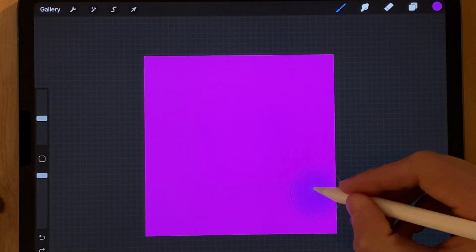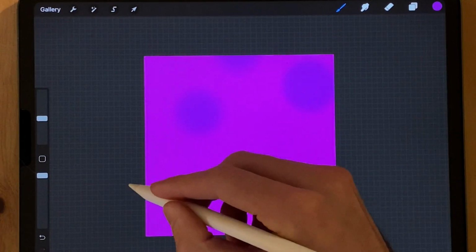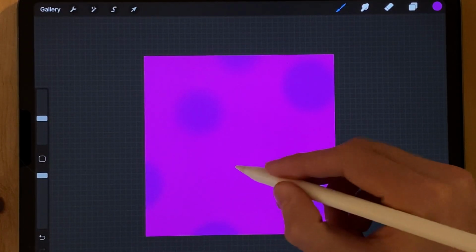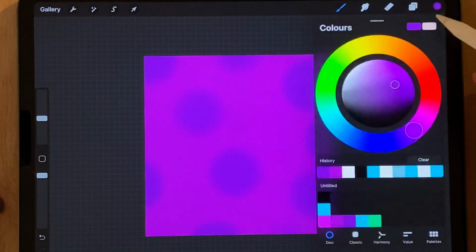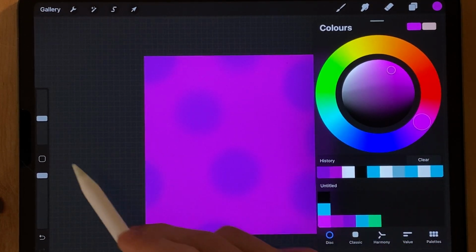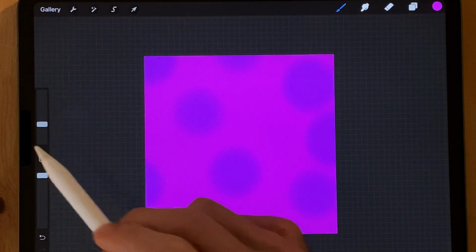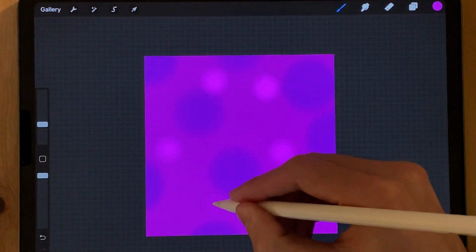And we're just going to put little blobs all over the screen. This is random, and make sure you put some towards the edge as well, so they all bleed into the screen. There is no right or wrong way to do this. This is the fun part. We're then going to change our color as well to the brighter pink. I'm going to make it slightly smaller again to around about 10%. I'm just going to pop these on the screen